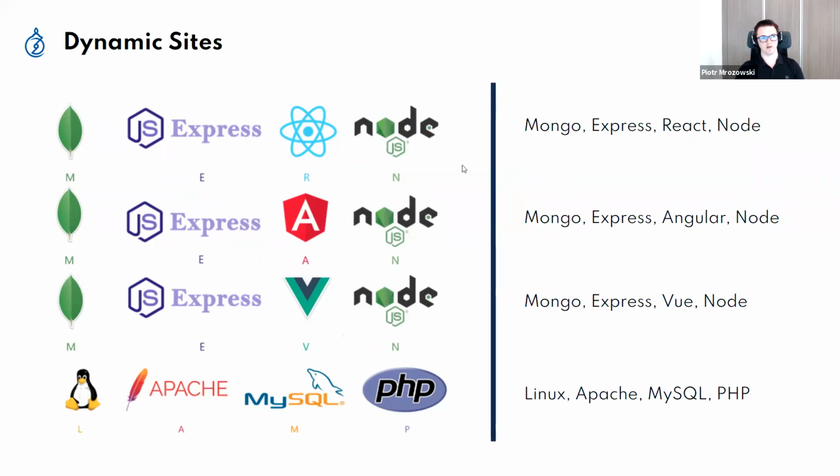They are comprised of MongoDB, Express, React, Angular, Vue, or Node. Hence the names MERN, MEAN, MEVN. I'm not sure MEVN is catching up yet, but it's there. And you have the LAMP stack, which instead of one language, JavaScript, makes use of the Linux operating system, Apache for servers, MySQL for databases, and PHP for